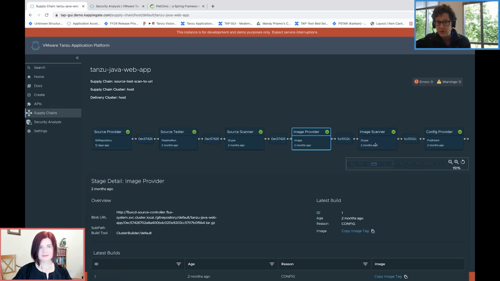And by clicking at each one of them, you can see all the different details that you might want. And if something is in red or yellow state, you can also do the first line of troubleshooting. You can immediately see what is going wrong with your application or where it needs attention. The same